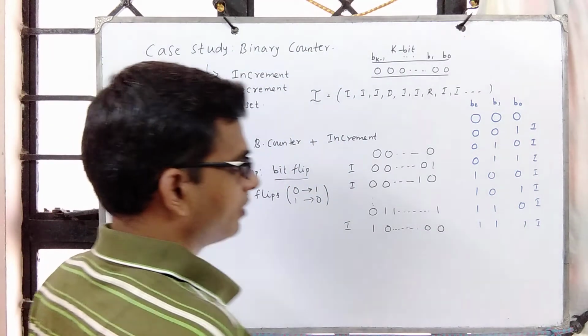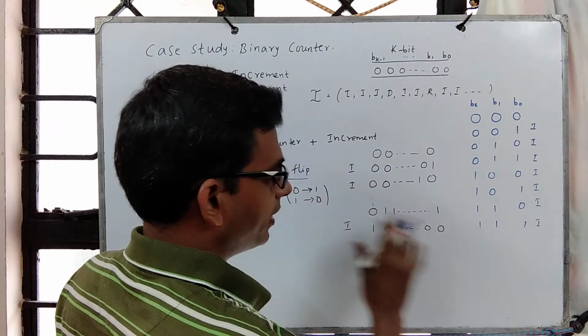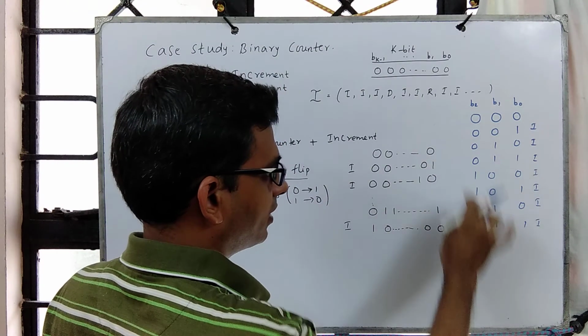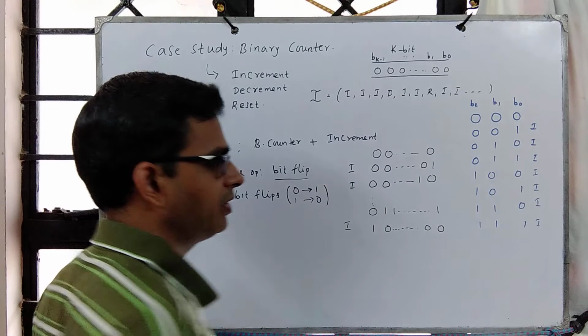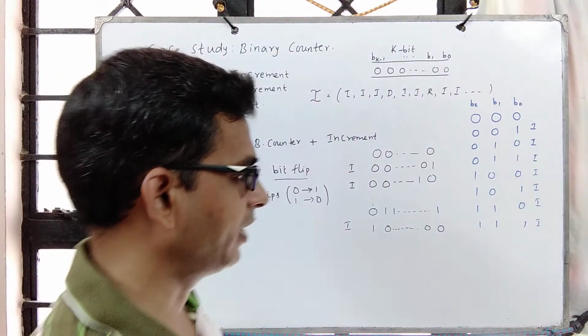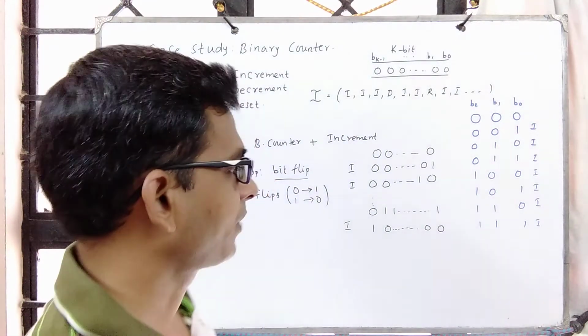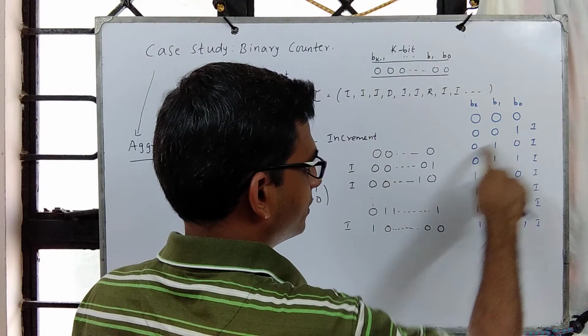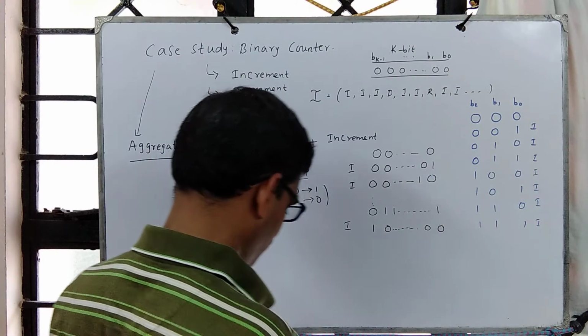If you see, the earlier analysis was saying the cost of increment is k and there are n increments, in this case n is 7. You simply say nk by n, so order k. But are we really doing order k bit flips at each level? The answer is no.